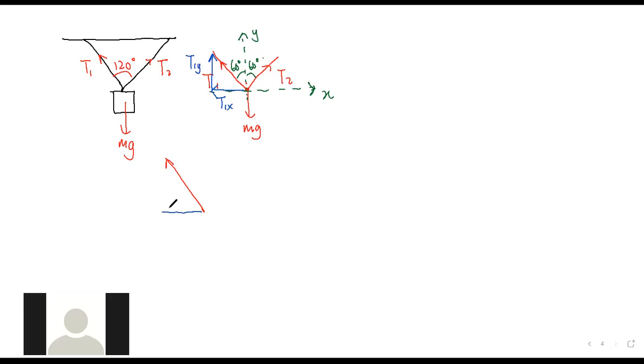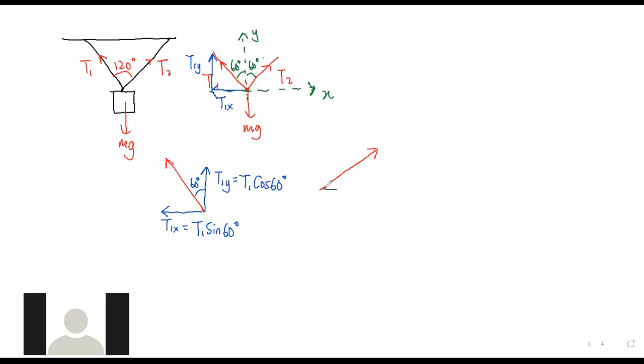This is T1x, right? 等于 T1 sin 60，这里是 T1y 等于 T1 cos 60，这边是60度，可以吗？所以我 resolve 这个去2个，可是我不知道 T1 是多少嘛。然后 T2 呢？T2 这边也是同样的。